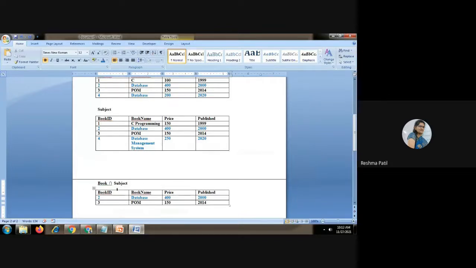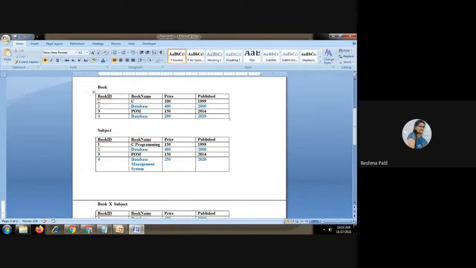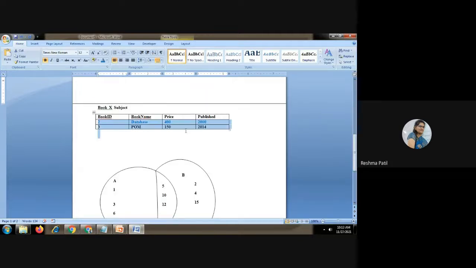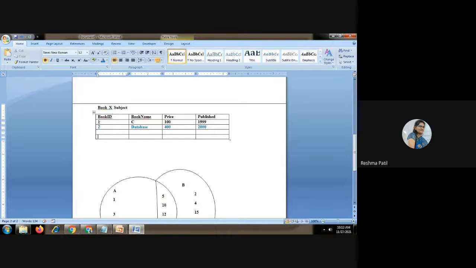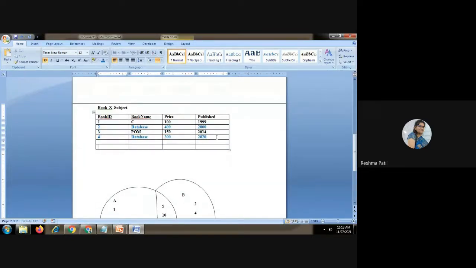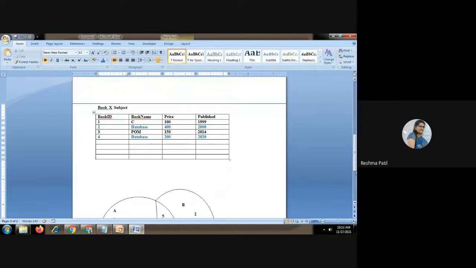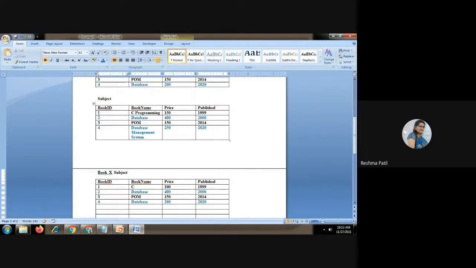So we will apply the same on this. If only book into subject is there, then it will show all the records from the book table, and after that all the records from the subject table.